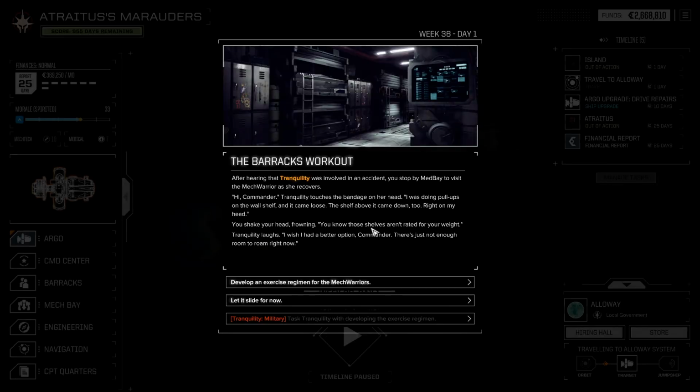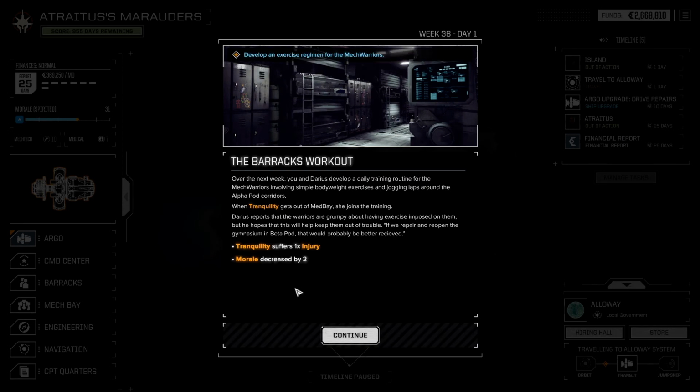After hearing that Tranquility was involved in an accident, you stop by Medbay to visit the mech warrior as she recovers. Hi, Commander. Tranquility touches the bandage on her head. I was doing pull-ups on the wall shelf and it came loose. The shelf above it came down too. Right on my head. You shake your head, frowning. You know those shelves aren't rated for your weight. Tranquility laughs. I wish I had a better option, Commander. There's just not enough room to roam right now. Well, we could develop an exercise regimen for the mech warriors. Let's do it. Over the next week, you and Darius develop a daily training routine for the mech warriors involving